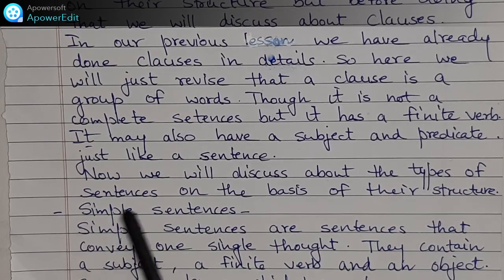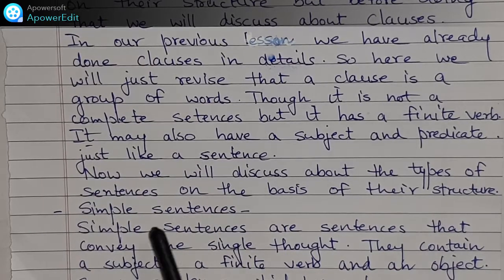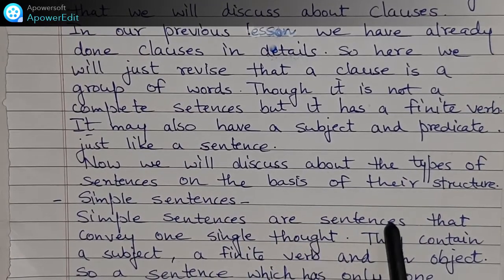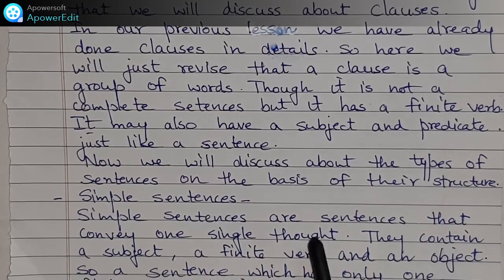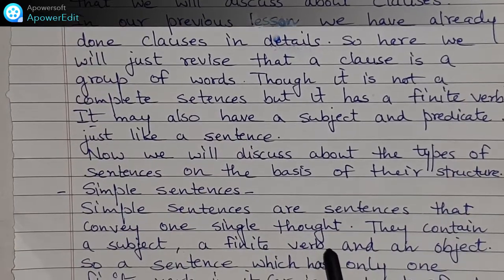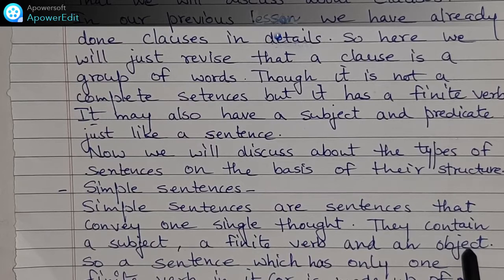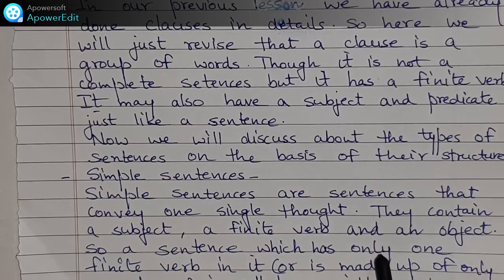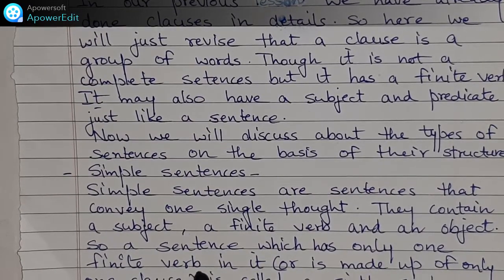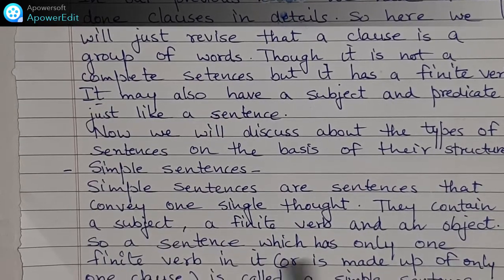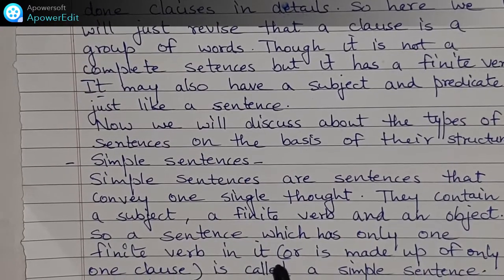First of all, number 1, simple sentences. So students, simple sentences are sentences that convey one single thought. They contain a subject, a finite verb, and an object. So, a sentence which has only one finite verb in it, or is made up of only one clause, is